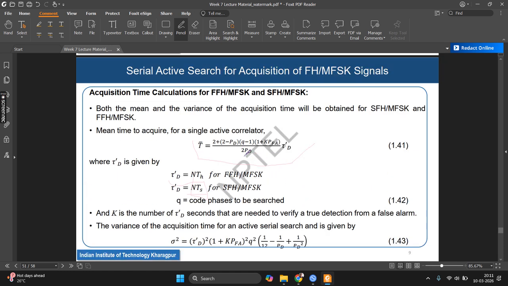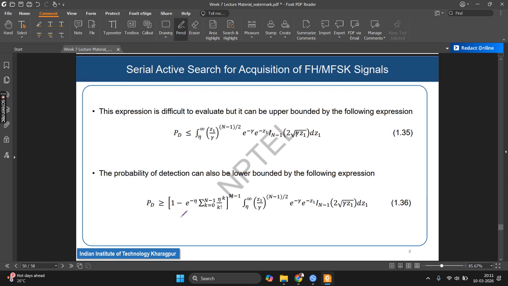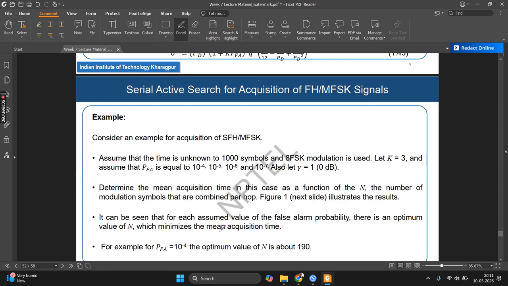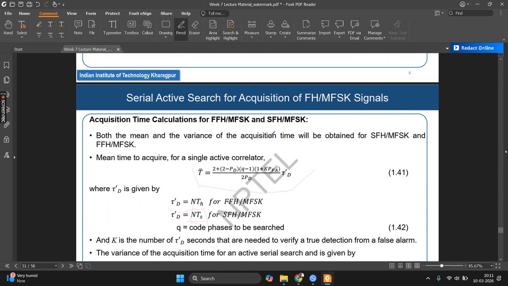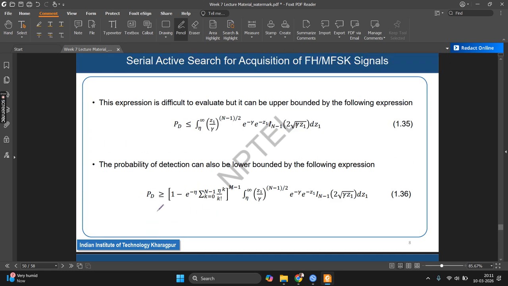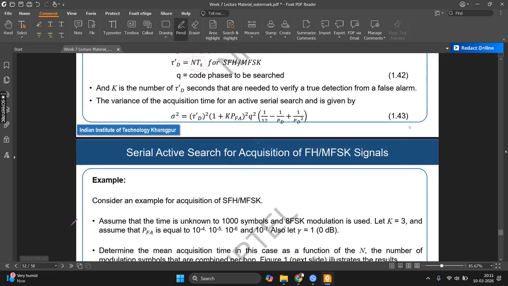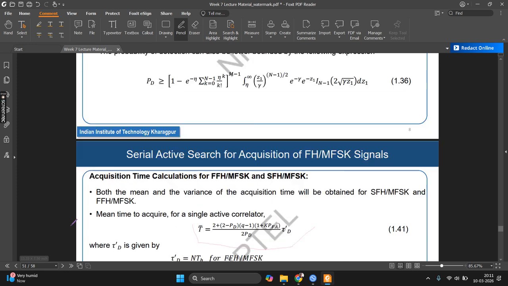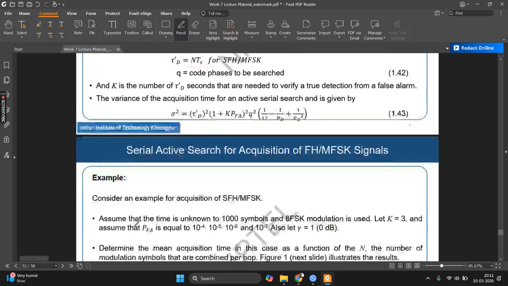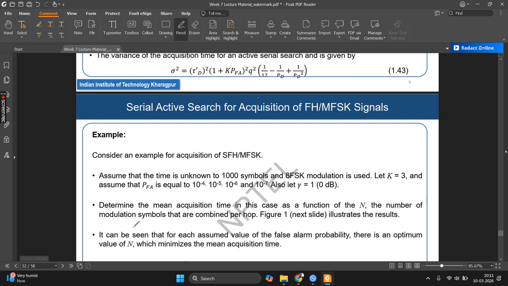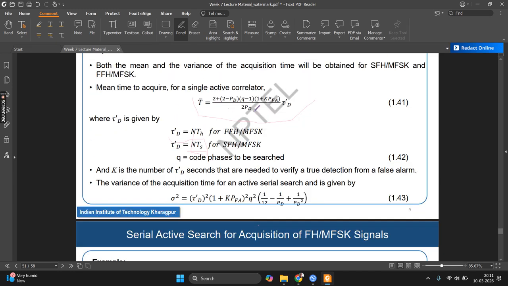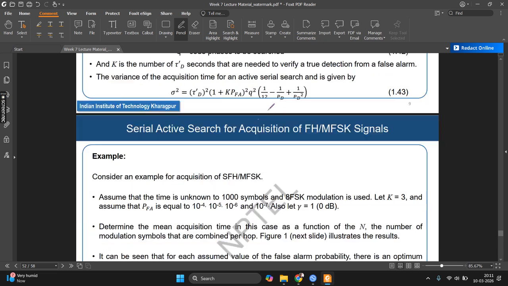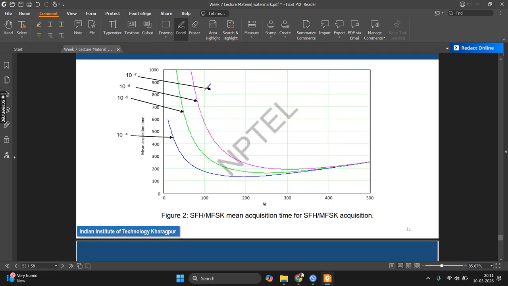And then PD you have to derive from here. Now the problem is deriving PD from here is not possible mathematically. Okay, so you need the help of a computer. You have to feed the particular integration to the computer, and it will numerically solve the integration to get the PD. Once you know the PD, you can plug in all the values here and you can get